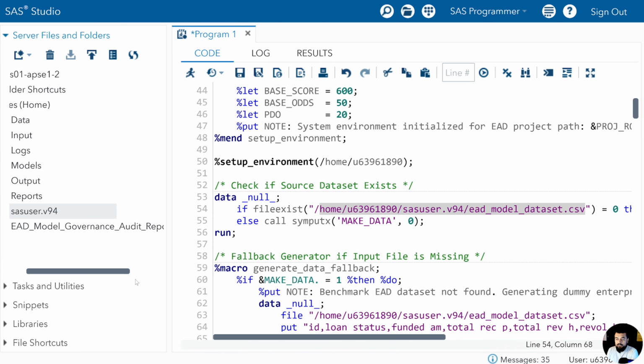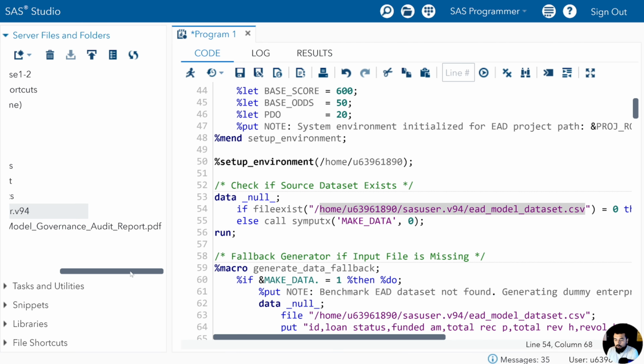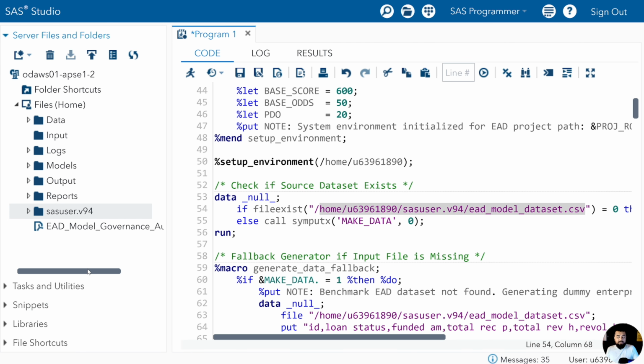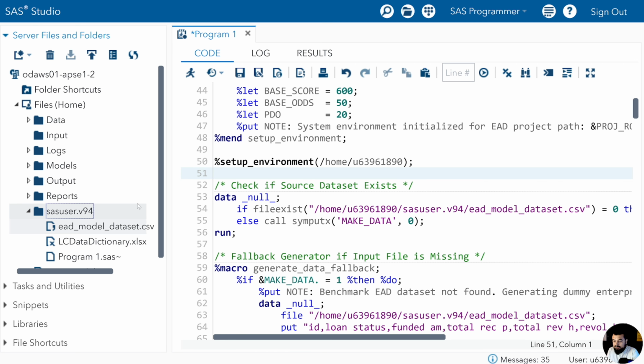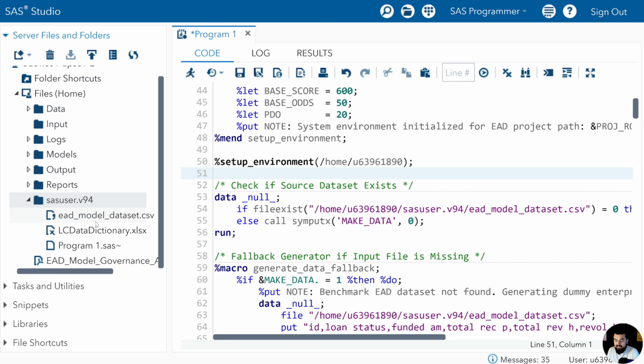Right? Now the file has been imported into the SAS system. So basically, to check that, I have pasted this part of code here. This is actually checking whether the file exists or not. Now we have imported the file into the system, and you can simply check by extending this SAS version, like